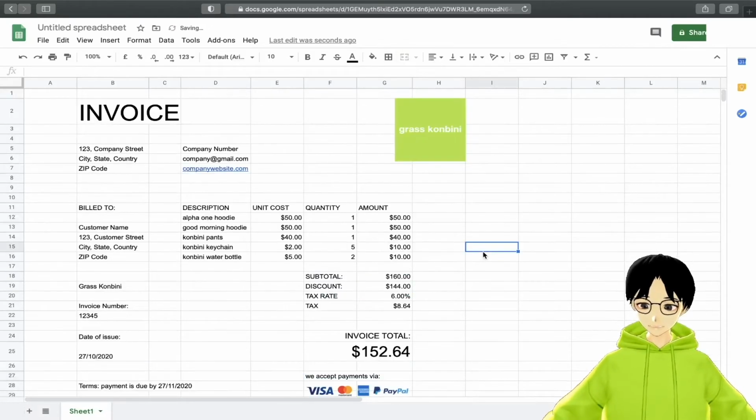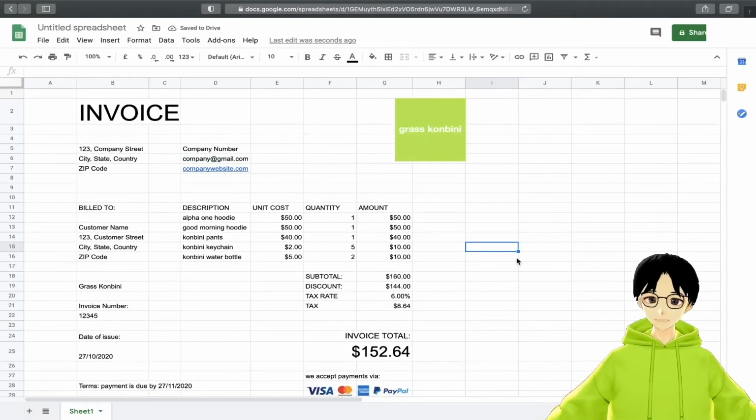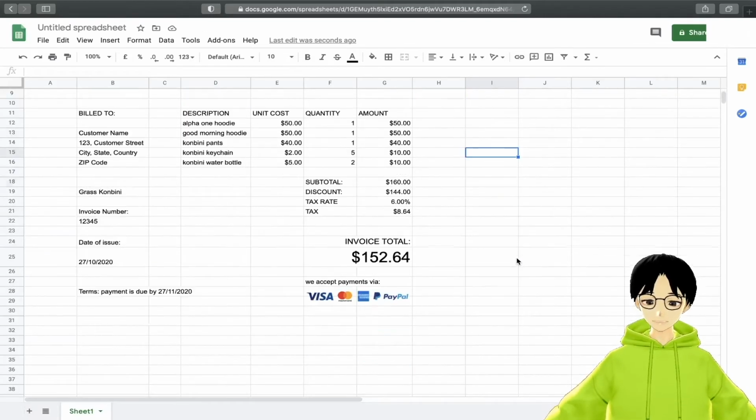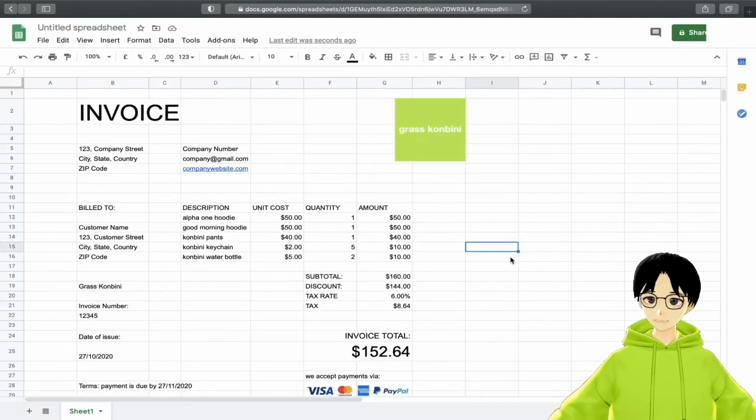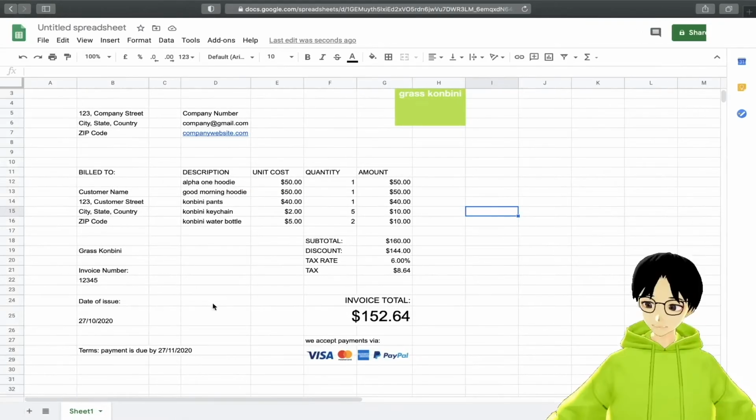Merge the cells. Okay, so we're nearly done. It's not done yet. Okay, it looks a bit empty. So now I'll be showing you how you can format your invoice to make it a lot easier to read and understand. So yeah. Alright, let's start off with